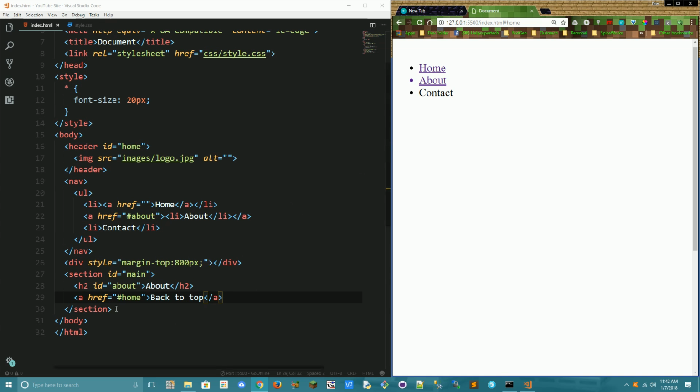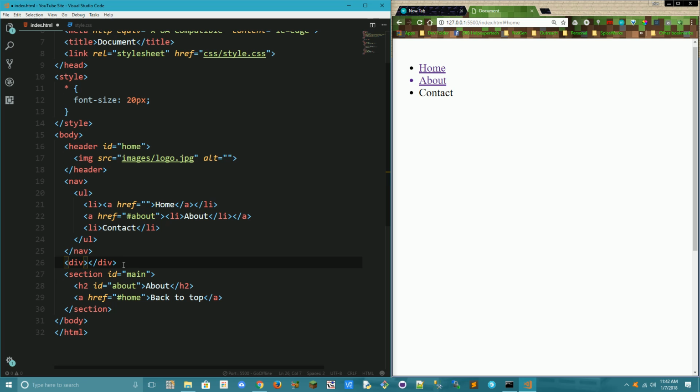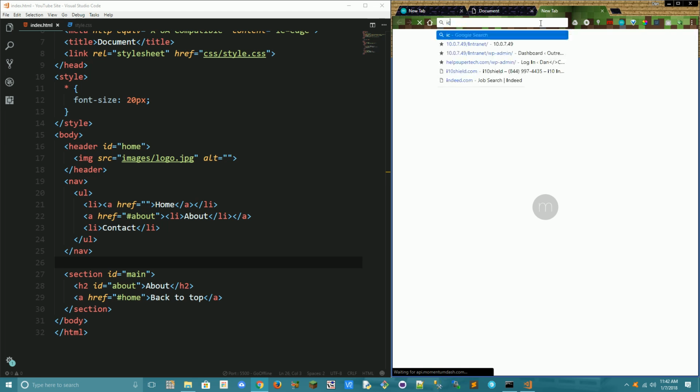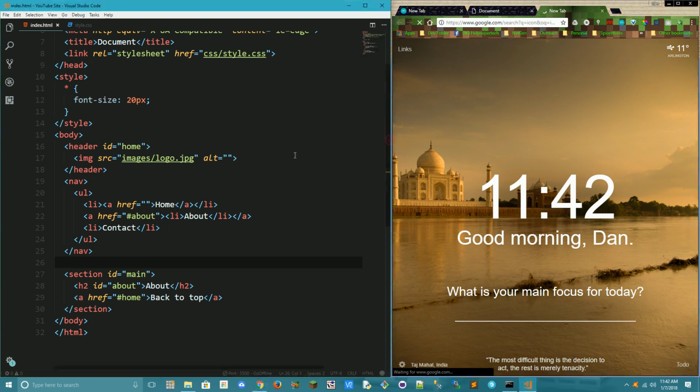And so what do we have? Let's get rid of this. No inline styling, that's bad. Let's just get rid of that. So we have a navigation, and let's just do something real quick. Let's do icons. We'll just do a Google search,